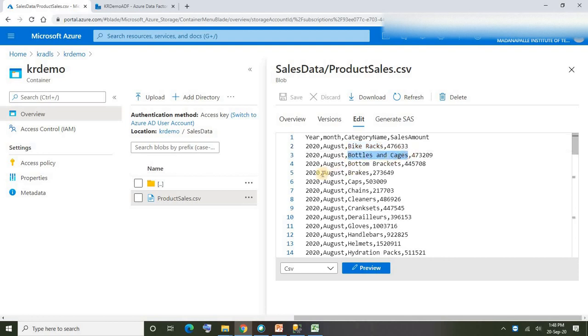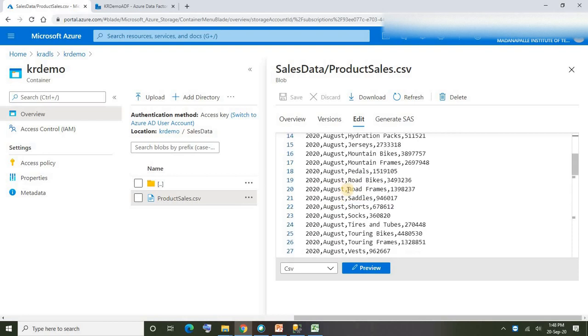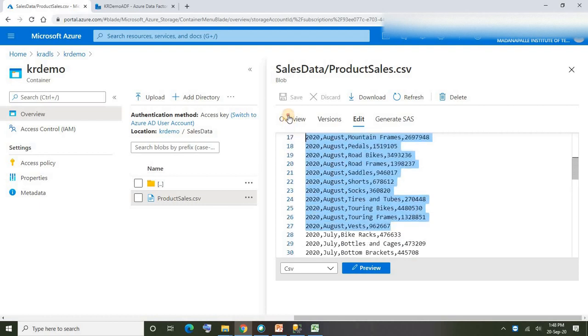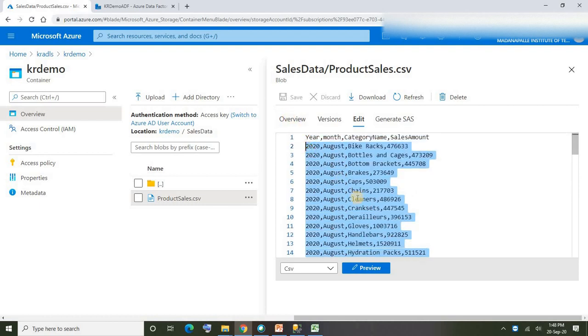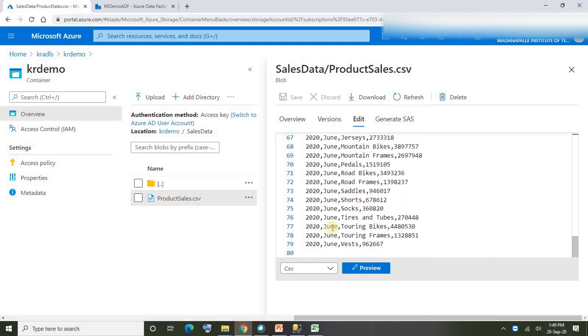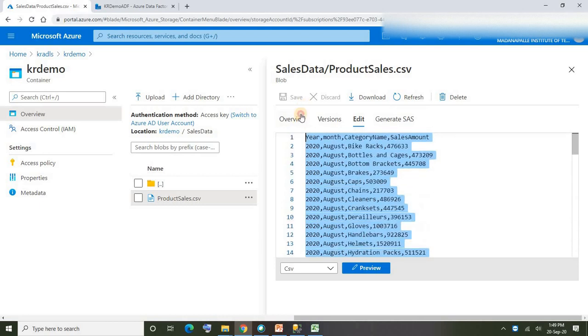So how many rows are added for each month? I guess for each month almost 26 rows are added, because we have 26 categories. Yes, if you skip the header, there are 26 rows added for each month. If you have more columns, like date, and you ungroup date-wise, a category will be added for each date as well, and the respective sales amount will also be ungrouped and added. I hope this is clear for you guys. So overall we could see that the 3 rows converted into 78 rows. I hope this is clear for you guys.